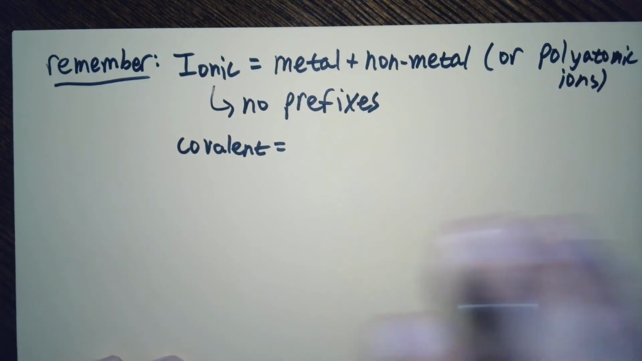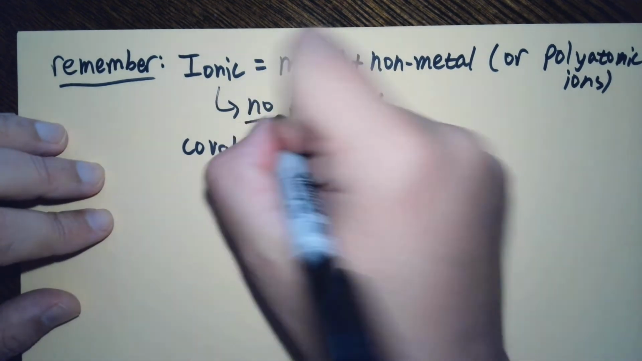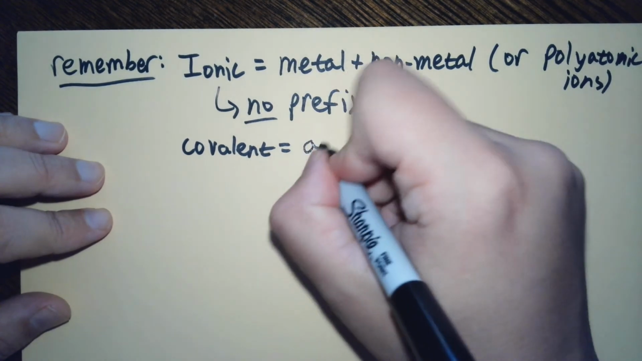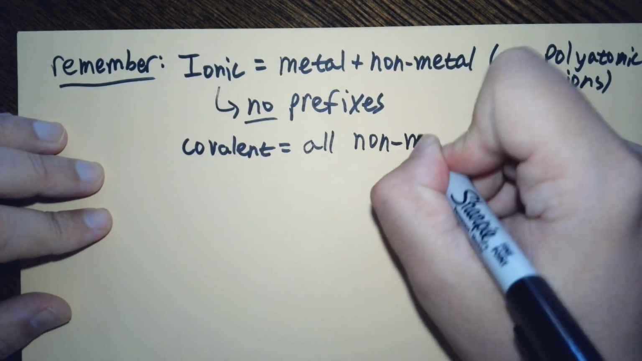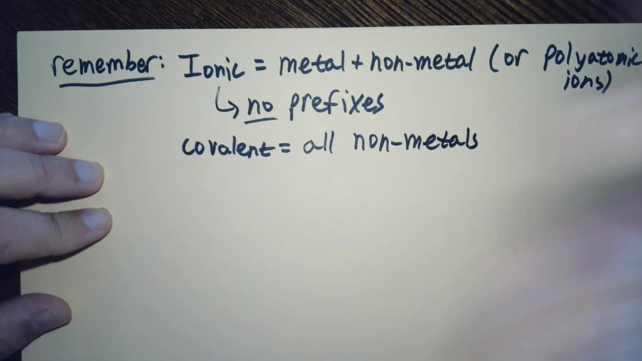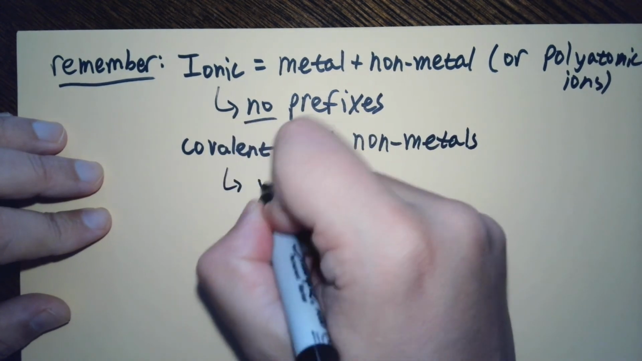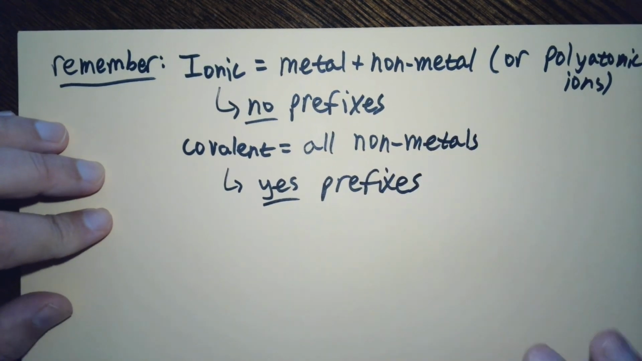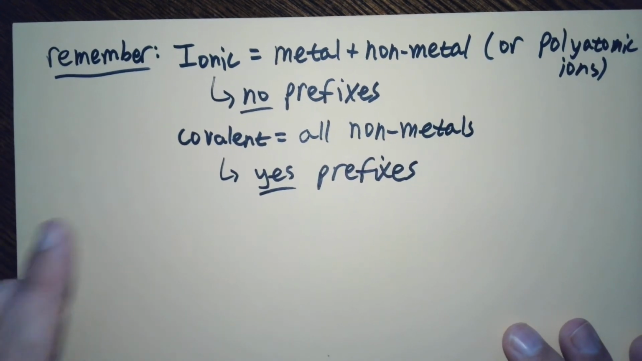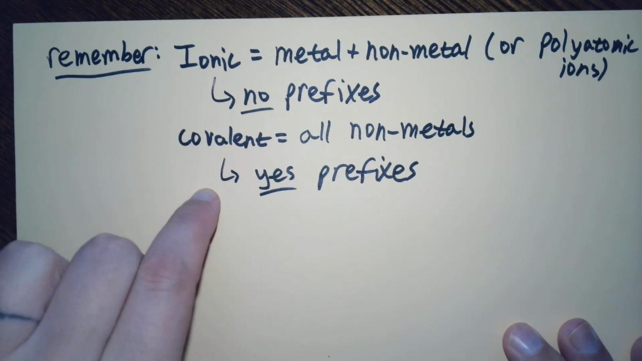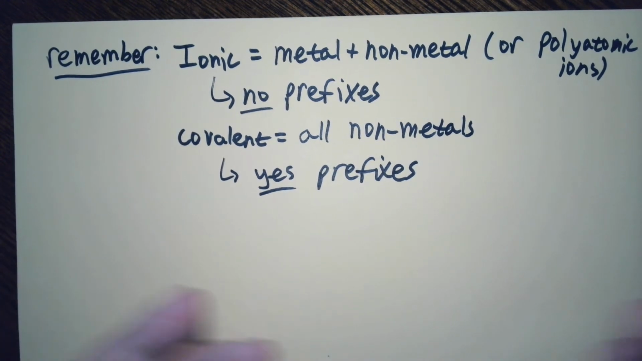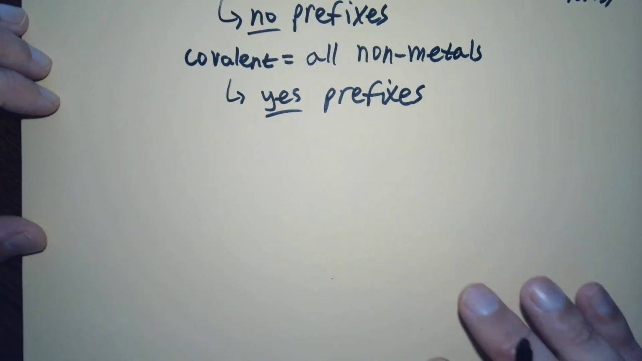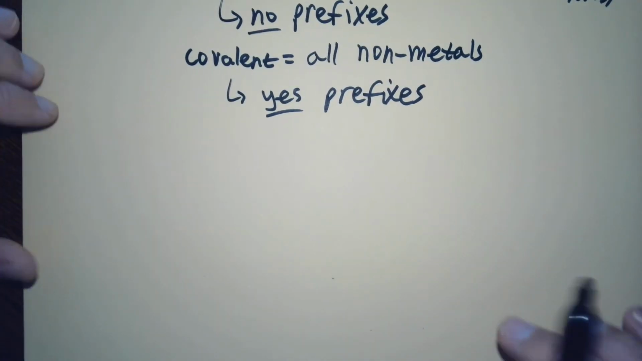So we talked about the whole naming system before in the last video. That was the whole story on ionic. Covalent: all nonmetals, no polyatomic ions, all that stuff. Yes to the prefixes. So, you do not need to know those prefixes to name an ionic compound, but you do for covalent. You're going to have to know how to name both, so you do need to know them, but keep that in mind. So, the last thing we're going to talk about here